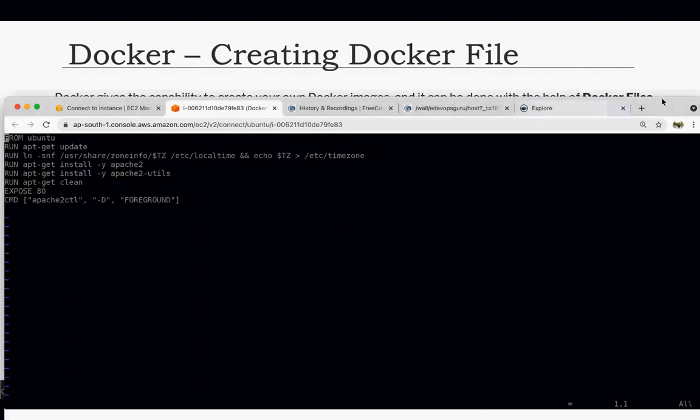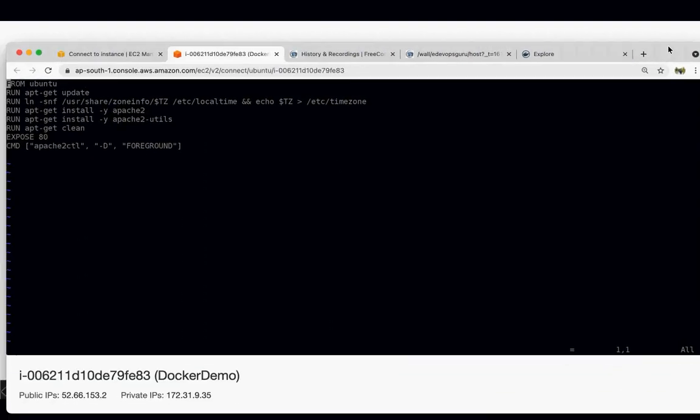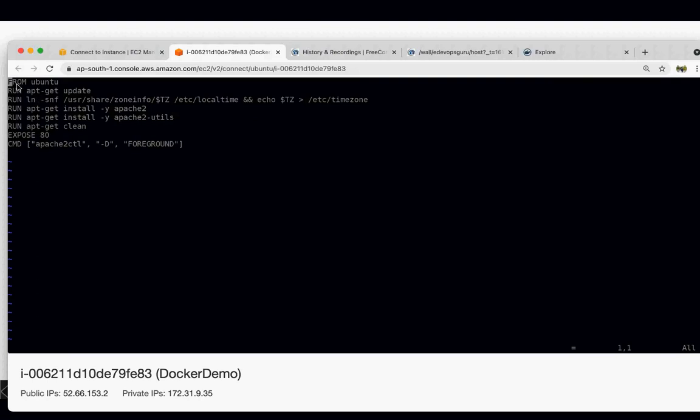Okay, so I'm now sharing my browser, and here you can see a sample Dockerfile. So what is it doing? It is pulling the Ubuntu Docker image from your registry. On top of that, it is updating all the software packages.